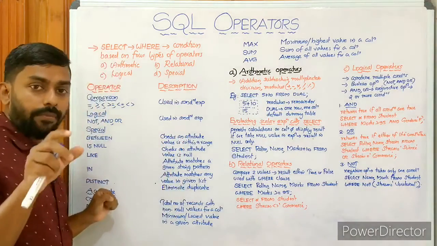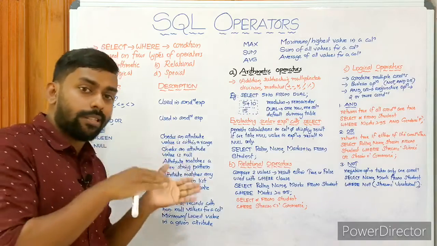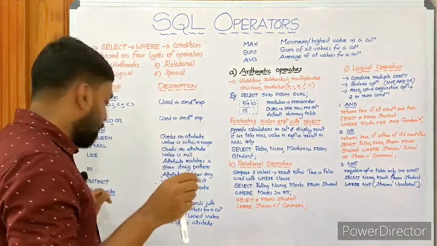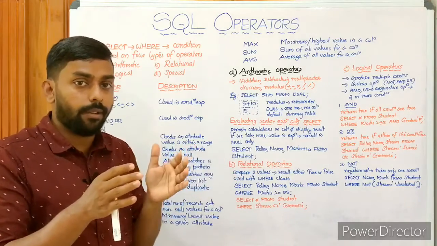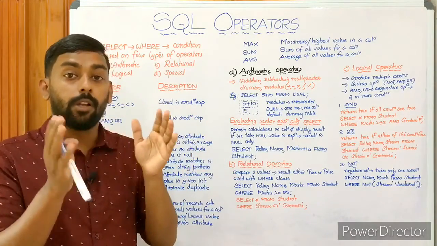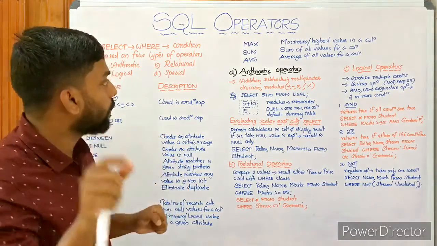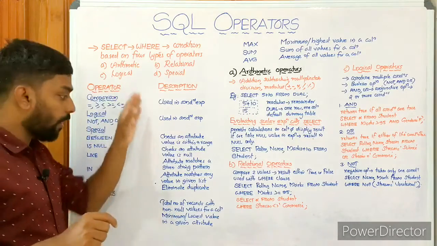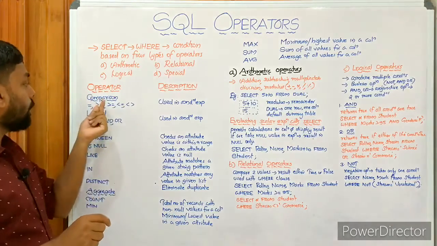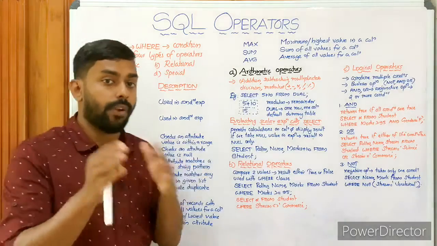So these are the aggregate functions, or we can say group functions or operators: count, min, max, sum and average. Hope you get the concept. All these functions work with a group of values, or a set of values, and give only one result per group. So these are the definitions. We have dealt with comparison, logical, special operators and aggregate or group functions.